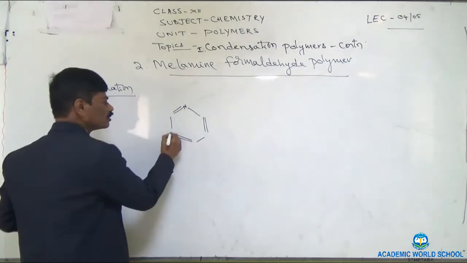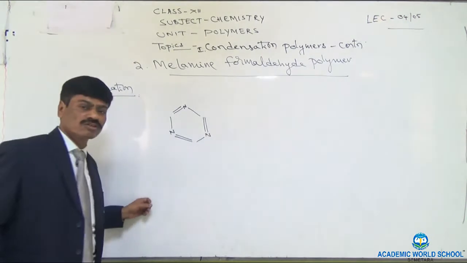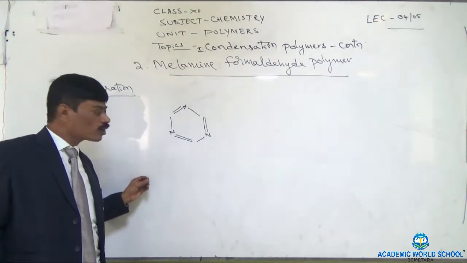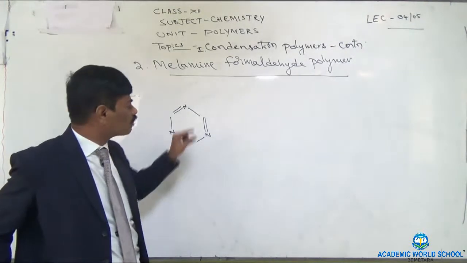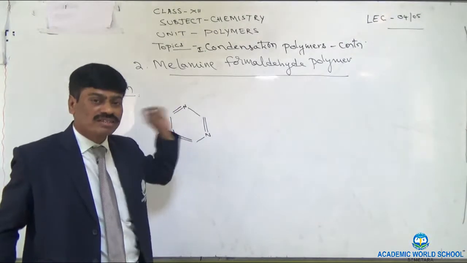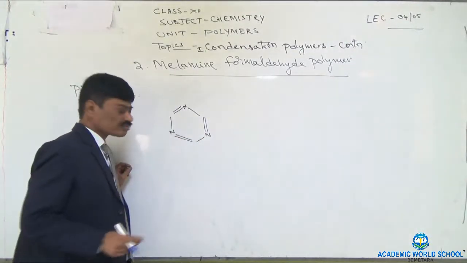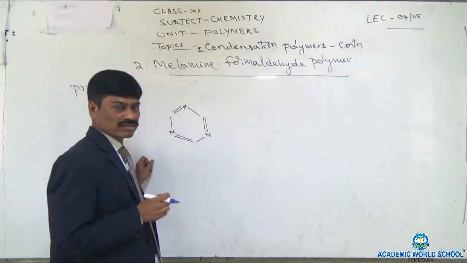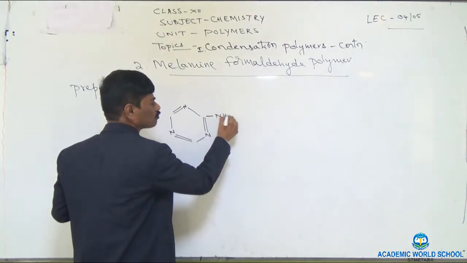Alternative to that, two more nitrogen atoms. Over. Next, three amine groups. Amine group is NH2. The nitrogen atom of NH2 should not be shown in between the bonds, but outside the bond. That means where single and double bond are lying very close to each other, there one carbon atom is there. That's what it implies. And there you show one NH2 group.